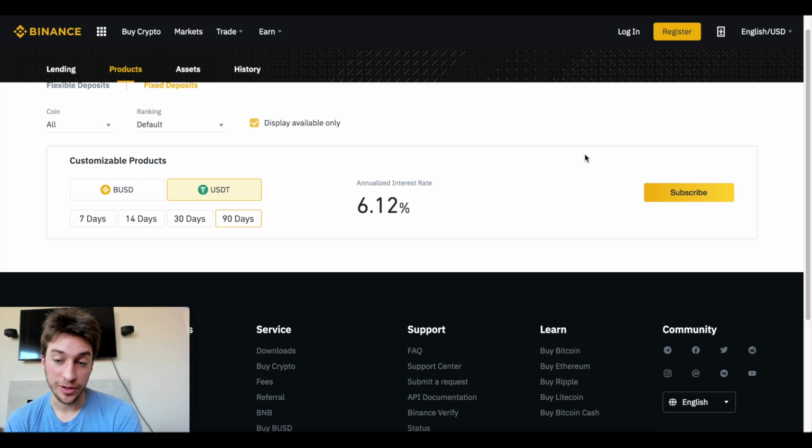But the 90-day is available, probably because not many people want to use the 90-day. But BUSD, you can see we have all of these, and the payout's higher than the USDT. So if we use, let's do a 14-day. Pardon me, I said 7-day, 15-day, 30-day, 90-day. I meant to say 7-day, 14-day, 30-day, 90-day. If we use a 14-day,